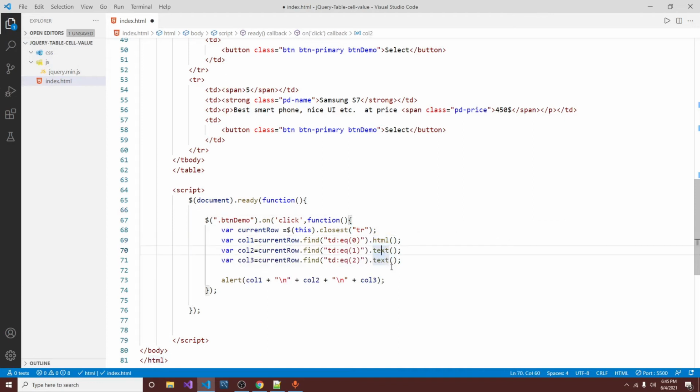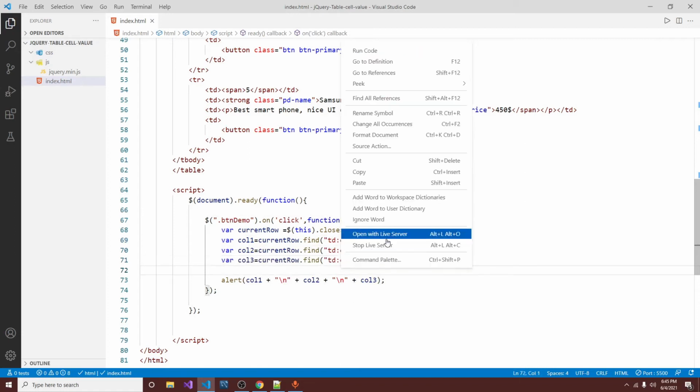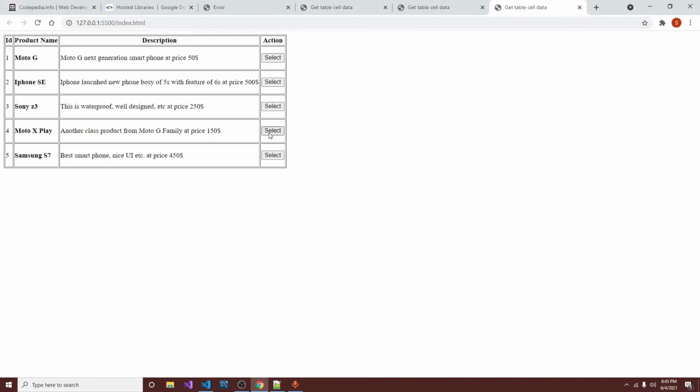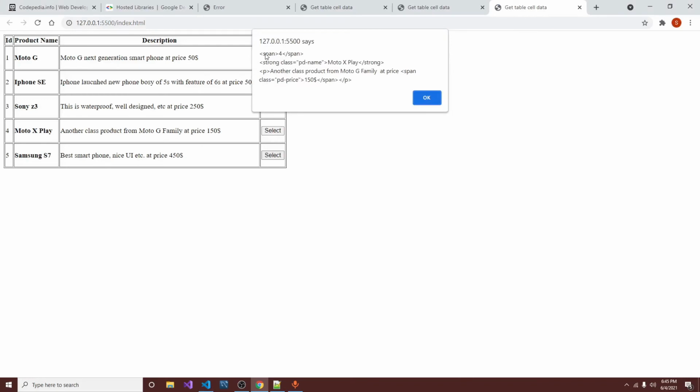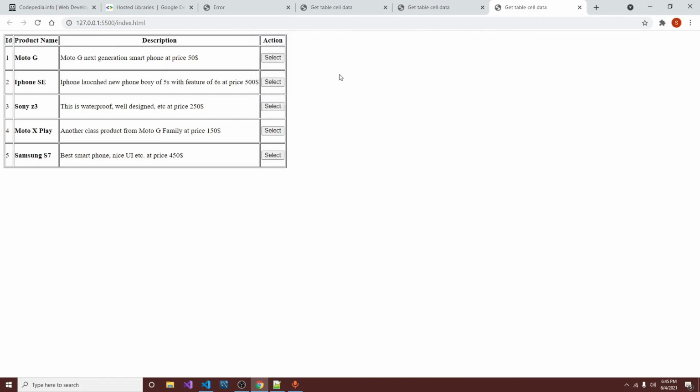Same for other columns. Let's run this on browser. Now we are getting HTML content, span, strong, and p tag of selected row. So now we have completed getting text and getting HTML on button click.